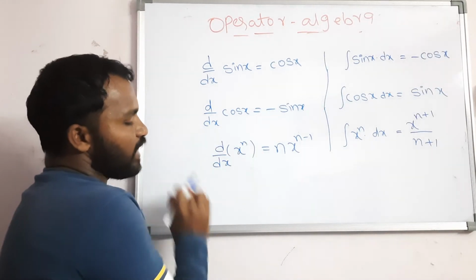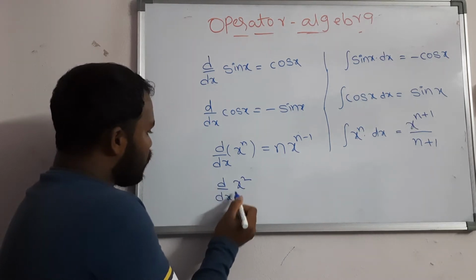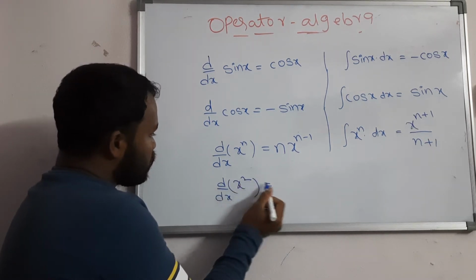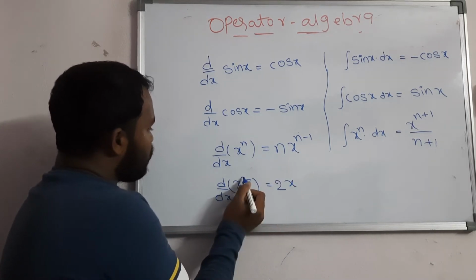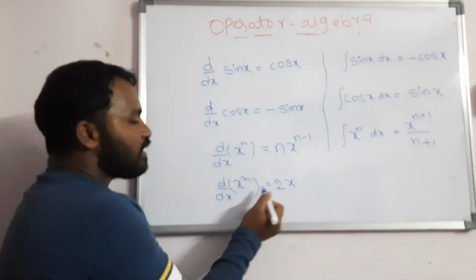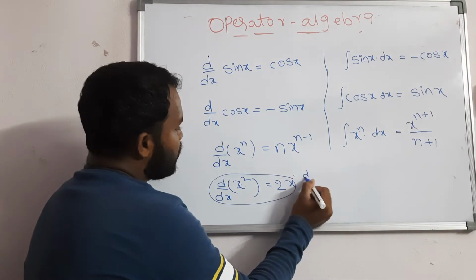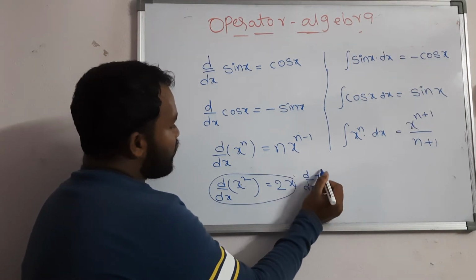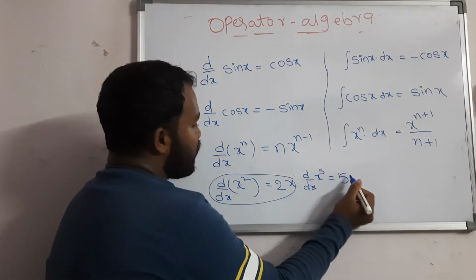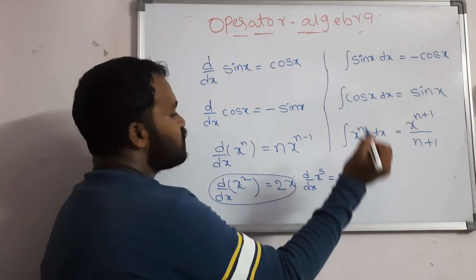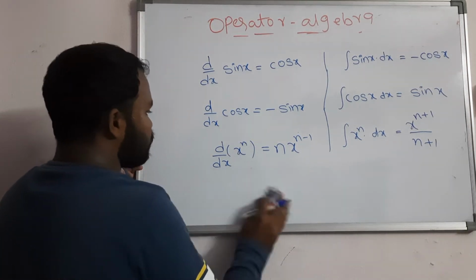So we will see for x square. D by dx of x square, what is the answer? Here 2 is there, so you should write 2 in front. 2 into x, the function as it is, to the power 2 minus 1 is 1. So d by dx of x square is 2x. If I give you d by dx of x power 5, what is the answer? You should write 5 first, 5 into x to the power of 5 minus 1 is 4. This is how to calculate d by dx of x power n.